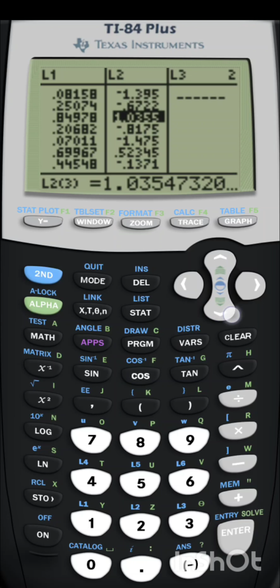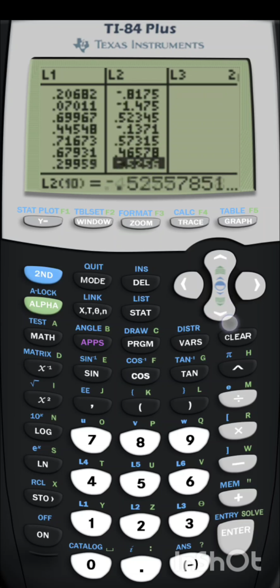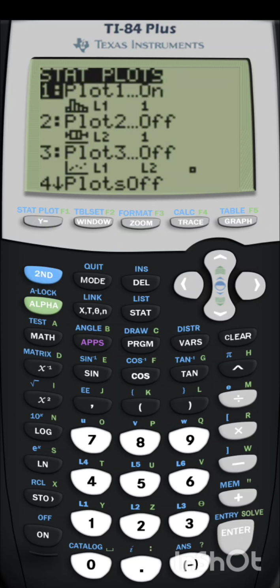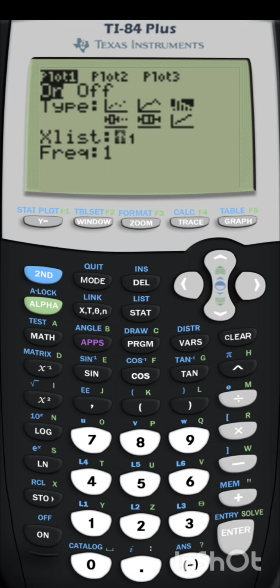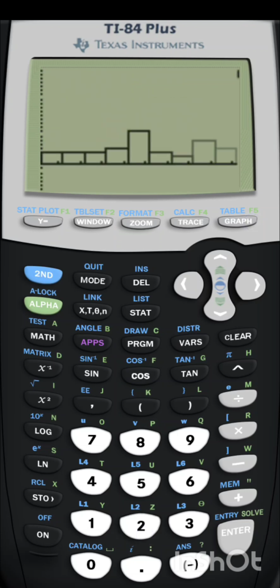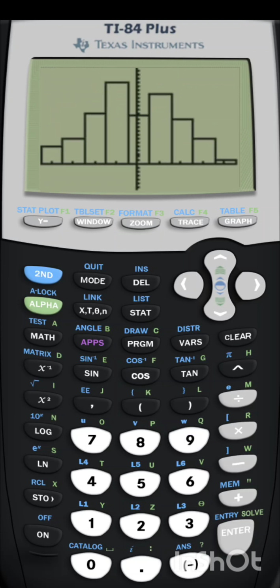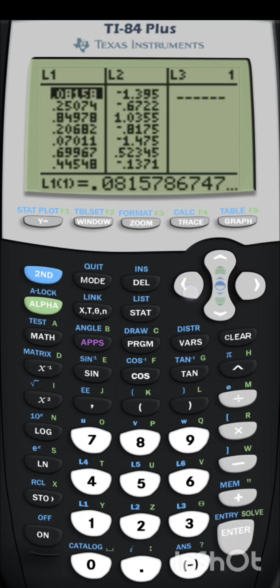Okay, so now we have a list, and if you look at this, these represent z-scores. These are random z-scores. So now, if we go to the stat plot, and instead of plotting L1, we plot this new distribution that we've created. And for this one, we do have to hit zoom stat to get a good window. Notice it's approximately normal. So think about what we've done here. We've created a list that represents a uniform distribution, and we've interpreted the values as percentiles. And then we've inverted the percentiles into z-scores. So this is how